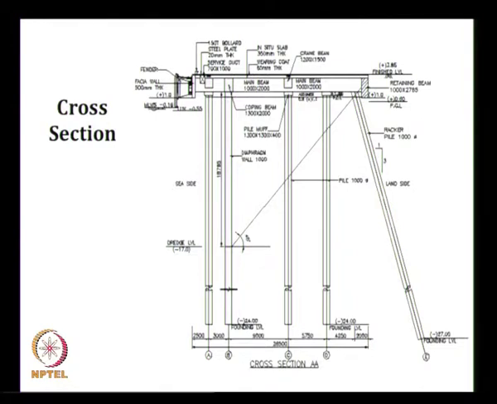What is useful in one particular condition may not be useful in another condition. The Japanese code recommends that we do not provide raker piles in seismic zone 4 and 5. Another important factor why we are going in for the front diaphragm wall is that they have specified a surcharge load of 50 kilonewton per meter square. This surcharge load, if you provide a rear diaphragm wall, will also exert lateral earth pressure.